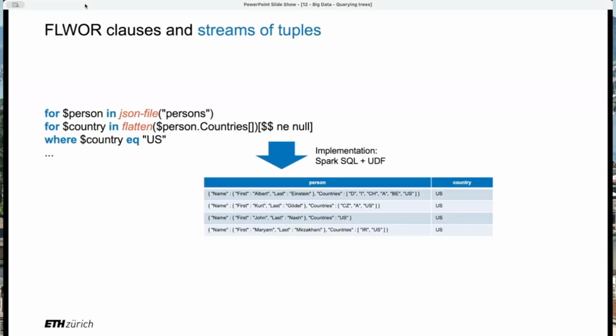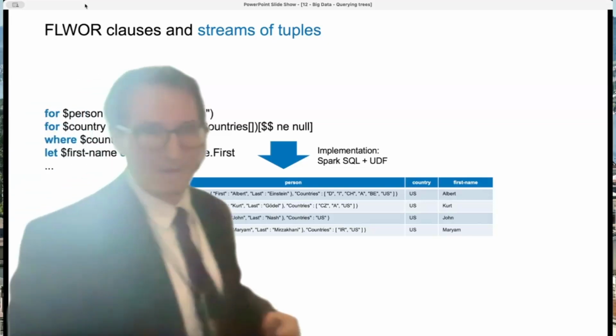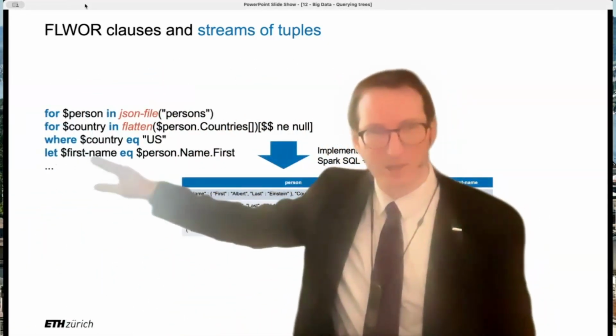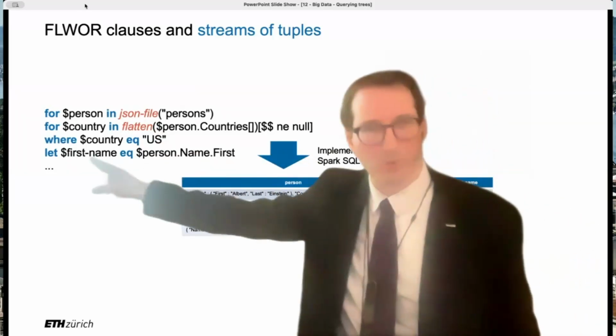Who is still with me? Right, very good. See, we filtered for country equals US, and as expected, we have country equals US. Then I have a let clause that adds a colon. It just declares a variable, so that adds a third colon in there. And again, the same, we package that into a lambda, into a UDF, we expose it to Spark SQL, and